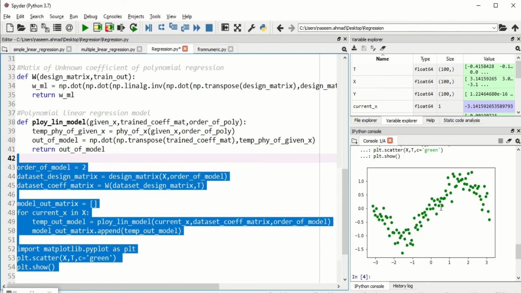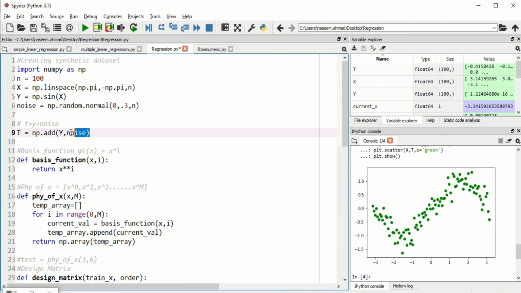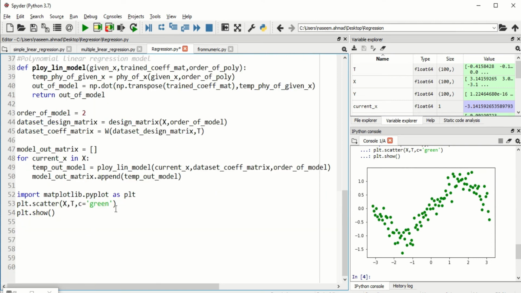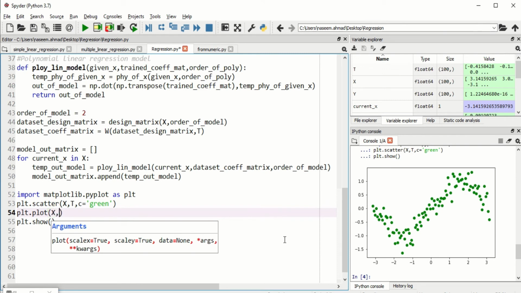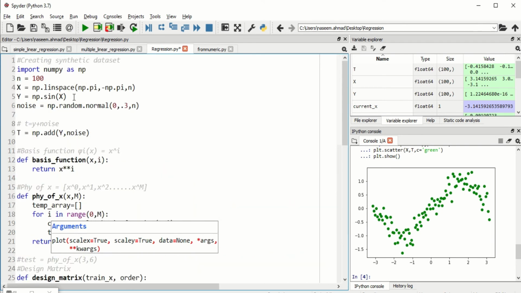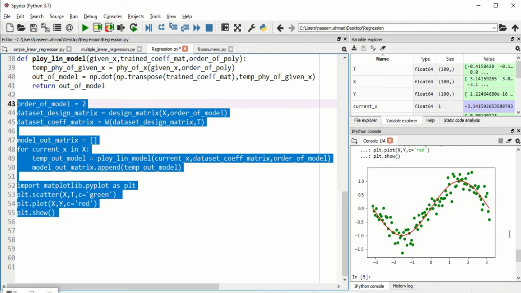Just run it, F9. So our data set is scattering in this way. This is the relationship between x and t, because t is added with Gaussian noise. This is how our data set is scattered, right? There is some sort of sine function behind it, but this is what we need to learn. We are using this x and t for training our model, right? Let's do one more thing. Let's plt dot plot the original function, meaning x and y. And what was the relationship between x and y? That is exactly a sine function. Let's plot it and color it red. This is the original function, meaning the sine function. If I again run this line of code, this is what I'm getting. So the red function is the original function, right?